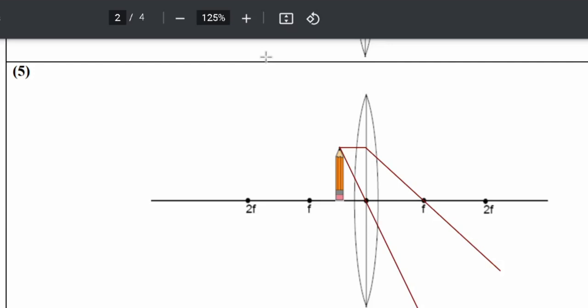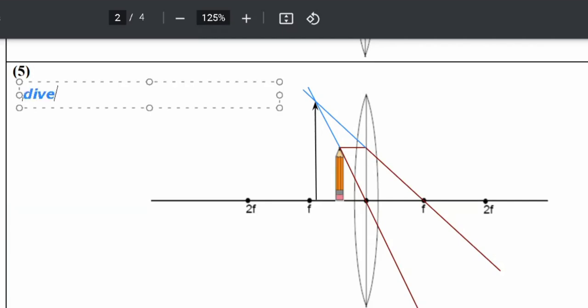And in this case, since these light rays are never going to intersect on the other side of the lens, they're actually going to intersect on the same side of the lens. So let's see how that happens. When we extend the light rays on the same side of the lens, you'll find that they'll actually meet at one point. At this point, your image will be formed. This image that is formed, it's on the same side of the lens as that of the object, and it is larger than the object.